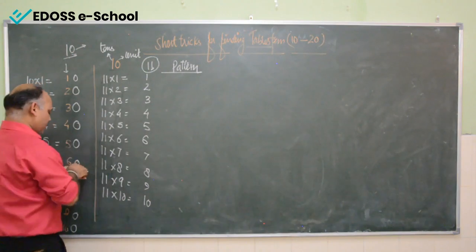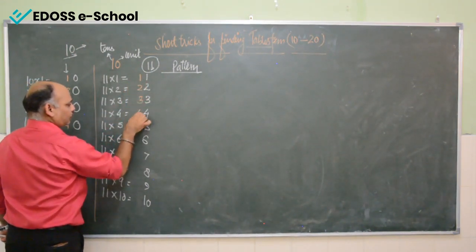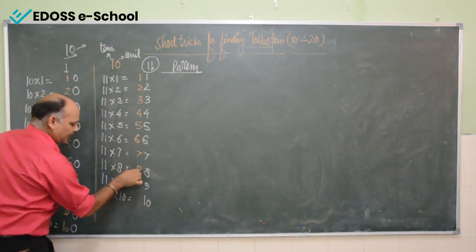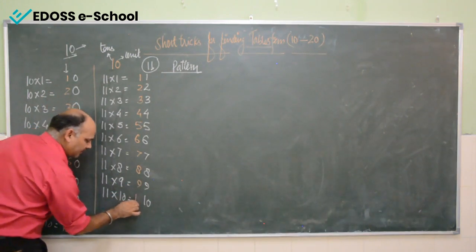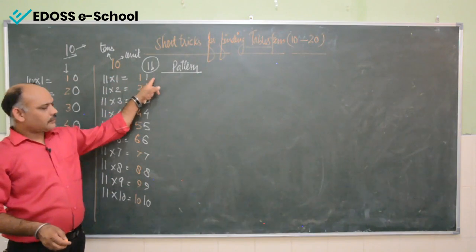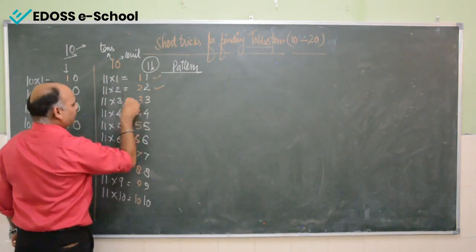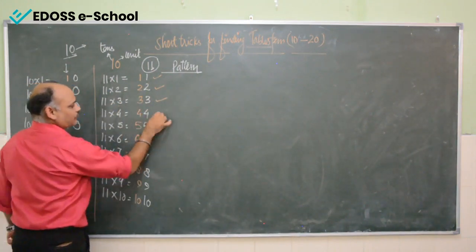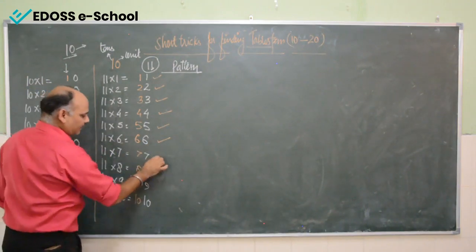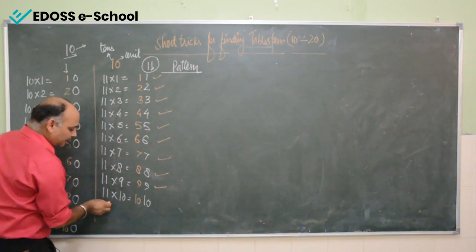Suppose 1, this will be 2, 3, 4, 5, 6, 7, 8, 9, and write here 10 only. Now just see here, 11 into 1, that is 11. 11 ones are 11, 11 twos are 22, 11 threes are 33, 11 fours are 44, 11 fives are 55, 11 sixes are 66, 11 sevens are 77, 11 eights are 88, 11 nines are 99, but 11 into 10,